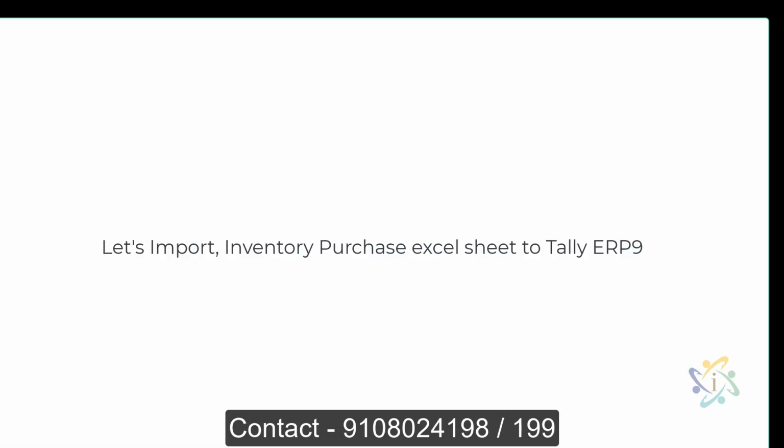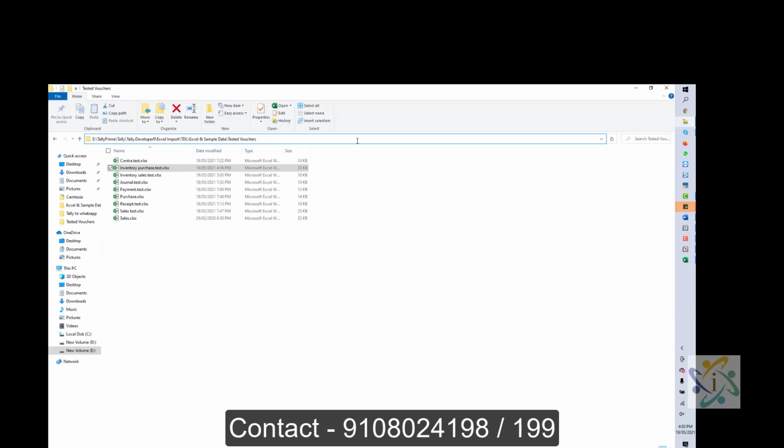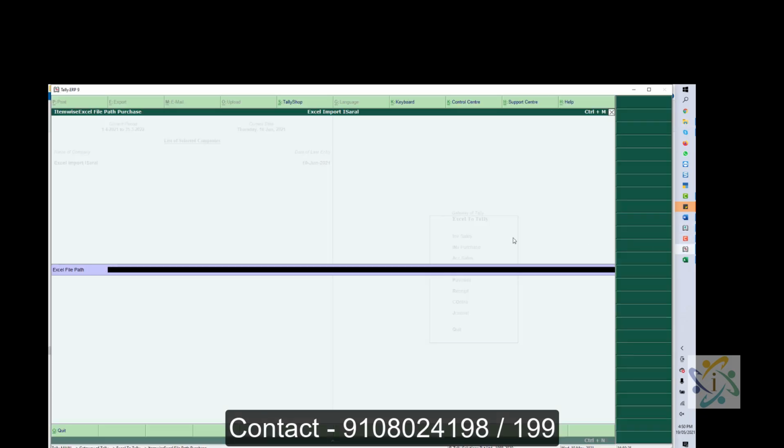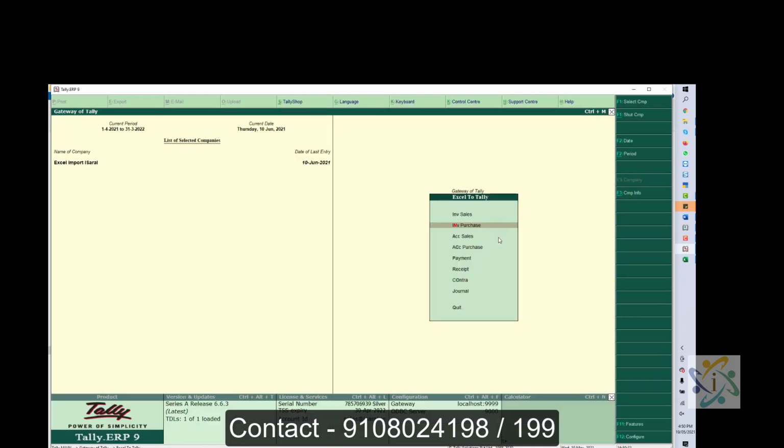Let's import inventory purchase Excel sheet to Tally ERP9. Copy the Excel path and paste it in Tally ERP9 and click enter. All the data is imported to Tally.